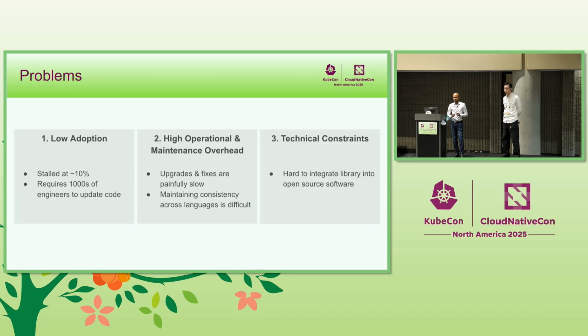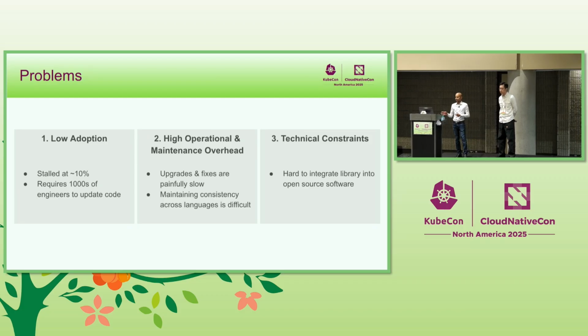The main reason here was we were asking engineers, we are around 6,600 engineers at Uber now, we were asking all these engineers to go ahead and amend their systems by adopting this library. And that was a big operational load that they need to take on. So that's one of the reasons why the adoption stalled. The second thing is around the operation load and the maintenance burden. Since the library is within these services, whenever we have to do a fix, like a security fix or even a bug fix, now we have to go chase these 6,000 engineers again to go ahead and update the library within their system. So it became a burden for us to make any patches or so on.